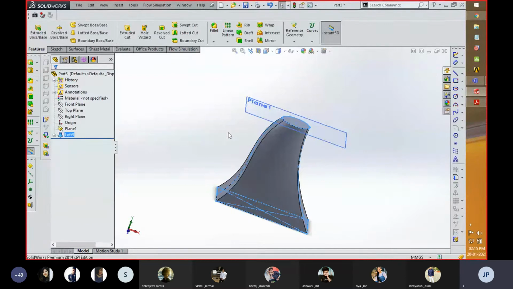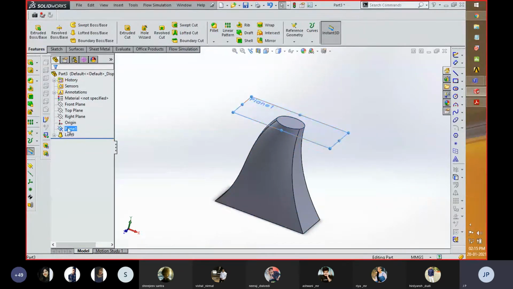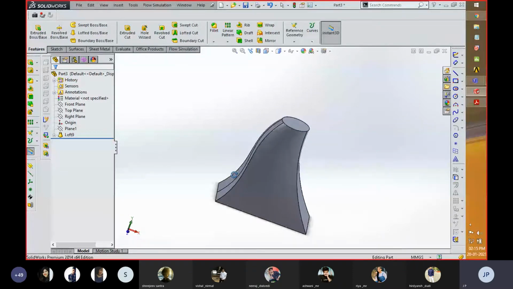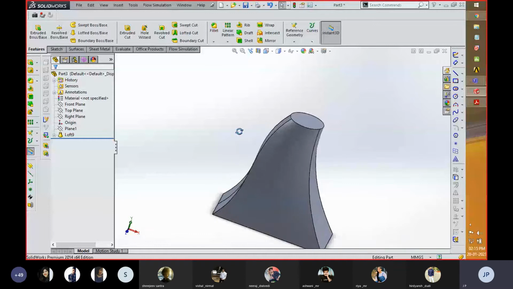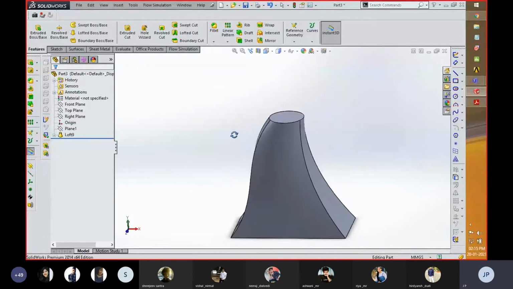Okay, so in such a manner, whatever profile you created over here can be joined with the help of this lofted boss in such a manner that this part can be shaped in a different manner from both sides.